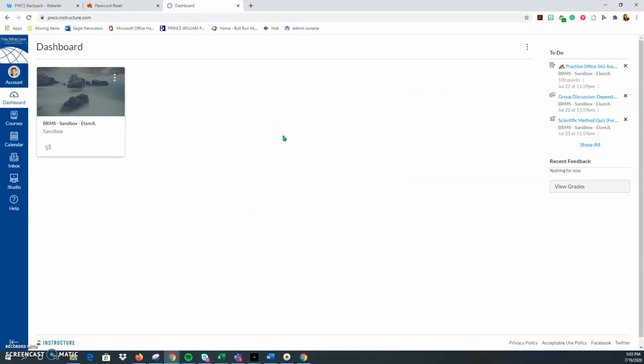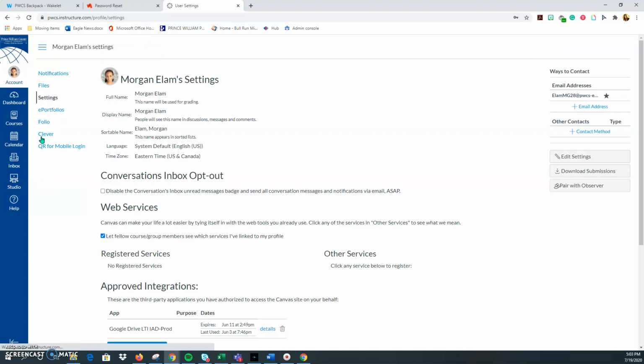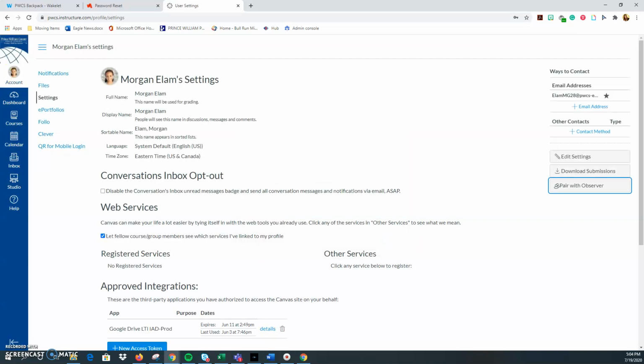Once you do have access to the student's Canvas account, we want to click on Account in the upper left-hand corner, then go to Settings, and once you're in the student settings, you'll notice off to the right there's a Pair with Observer button. That will give you a unique code that will allow you to attach one observer to this student. You'll notice it says the code will expire in 7 days or after 1 use. So that means if you're attaching multiple parents to this student, you will need to come back each time to get a new and unique pairing code. So I'm going to go ahead and copy that code, click on OK, and now I'm going to pull over